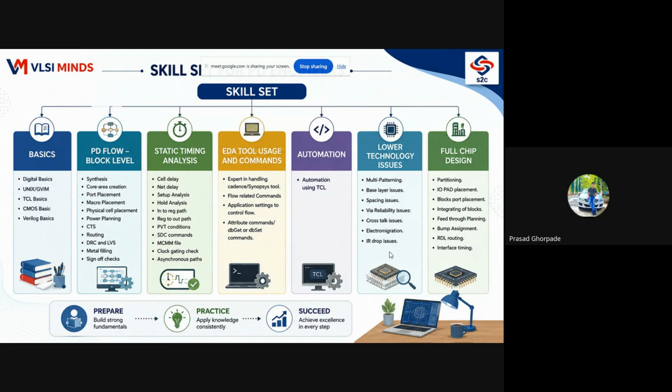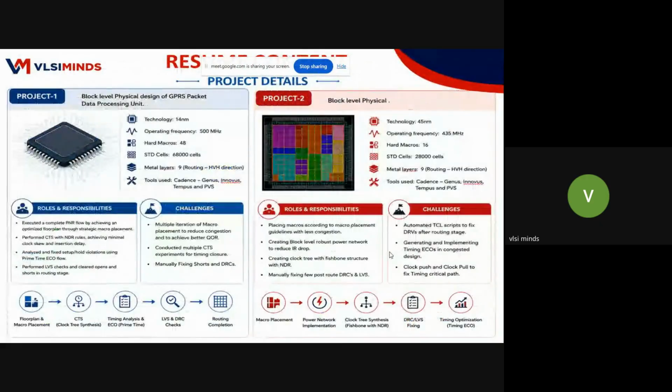What I suggest is, if everyone mentions 14 nanometer, everyone mentioned they have done it at 28. You mention 14. The flow almost remains the same. Only a few things will change. There is nothing to change in hands-on. The issues will be more or less, that is how it will vary. But how do you answer? For example, you have used 14 nanometer. So what was the difference? It was FinFET technology, right?